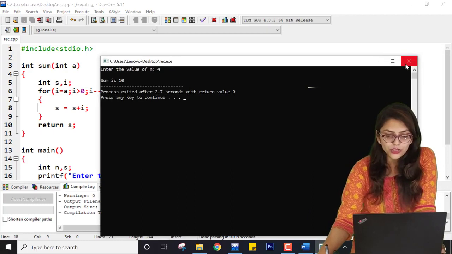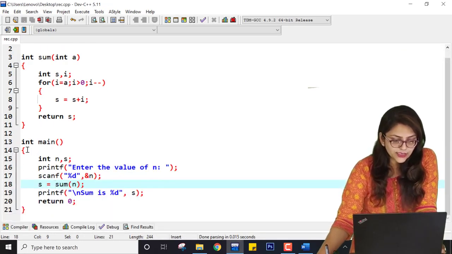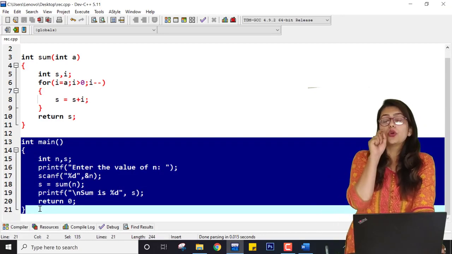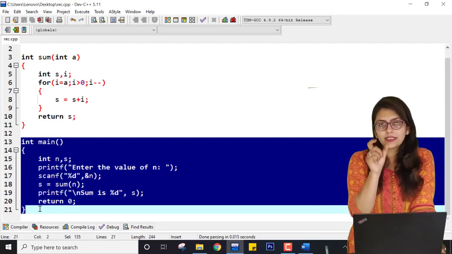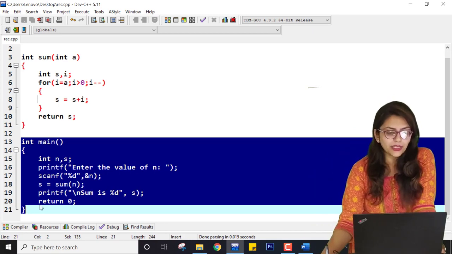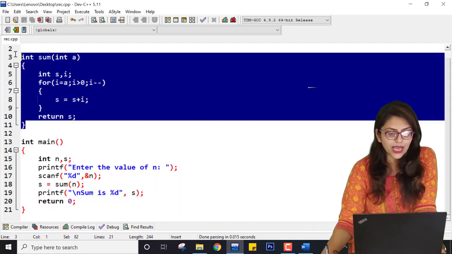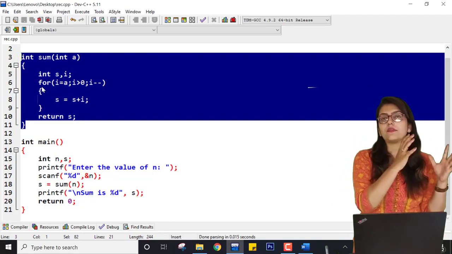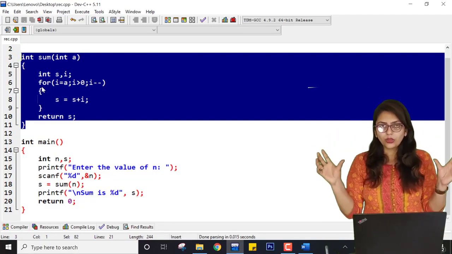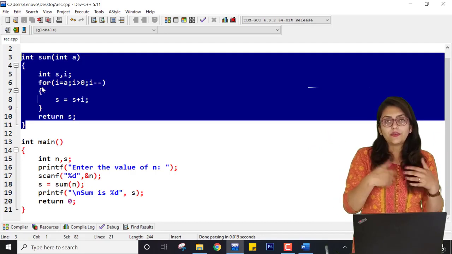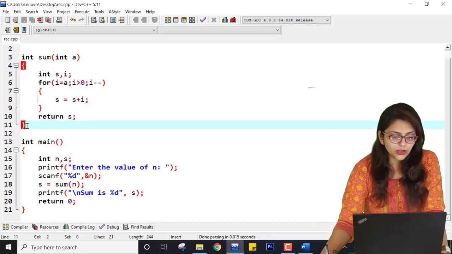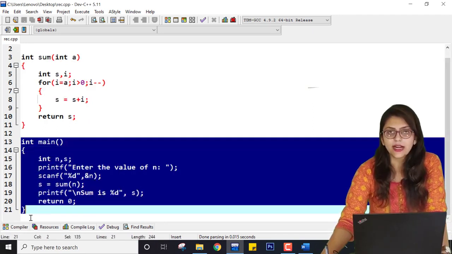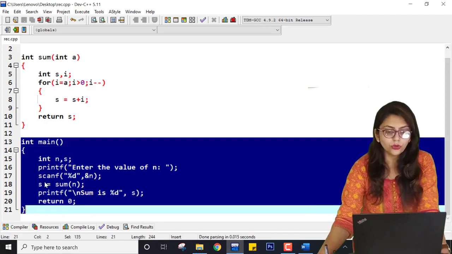But now you must know that inside this main function I cannot add another s variable, right? So two variables must not have the same name in their scope, but here I can use the same variable name. So this s, the above s is having different address. So we are having both addresses, both of having some different scope. So this s is visible only inside this function, and this s is visible only inside this function. So make sure that you understand that.